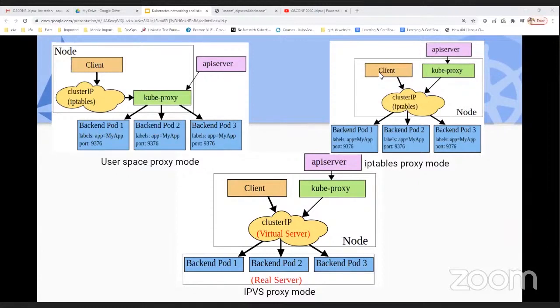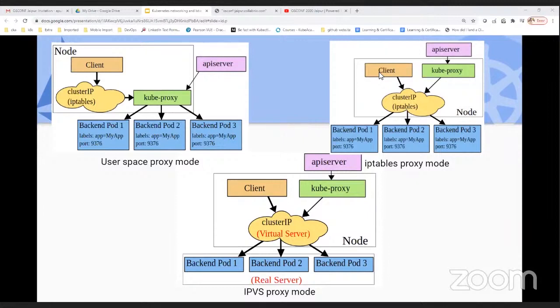So if I want to talk about IP tables mode, IP table proxy mode, this is the common mode, I could say. It installs the IP table rules which capture the traffic from the cluster IP and the port and redirect that traffic to one of the services in the backend side. It installs IP table rules which select the backend pod. So what are the things behind the scenes it is running? Kubeproxy will pass that traffic to your cluster IP.